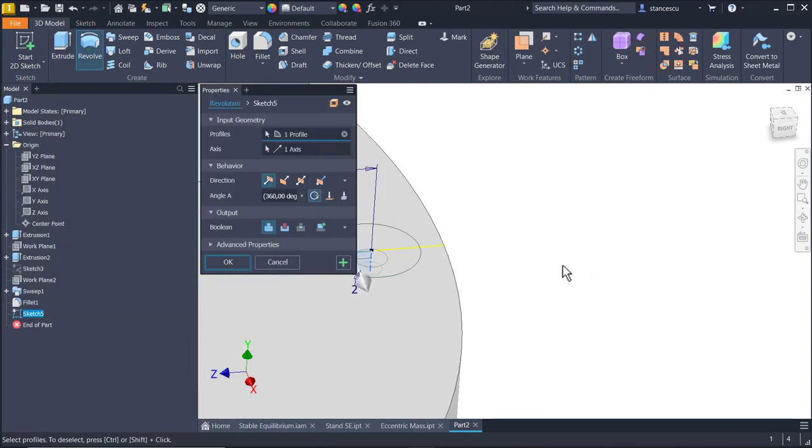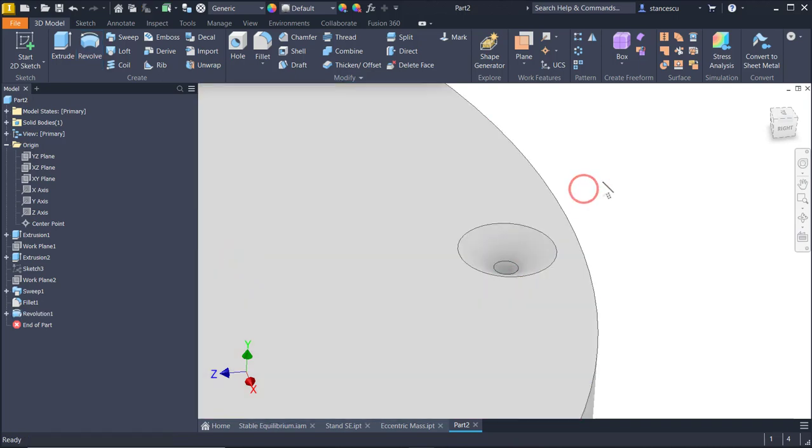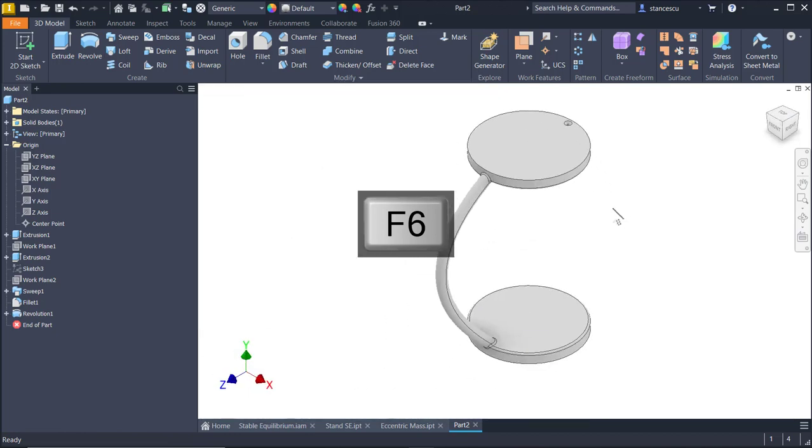Inventor knows what happens here. It has a profile and an axis, but I have to apply cut, because I want to cut the part, not to add or join the new feature to the part. Good. Now I apply material